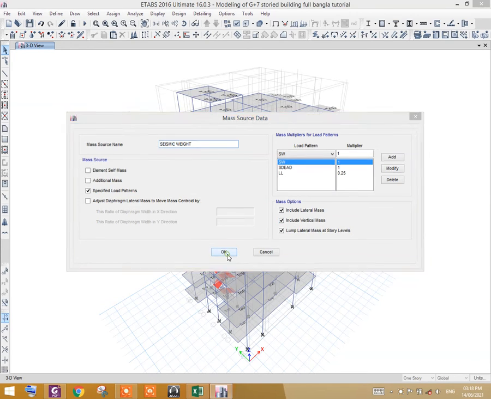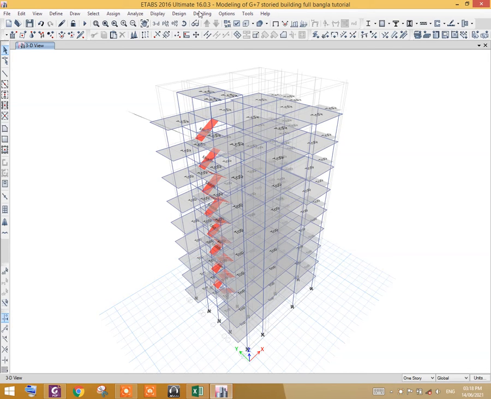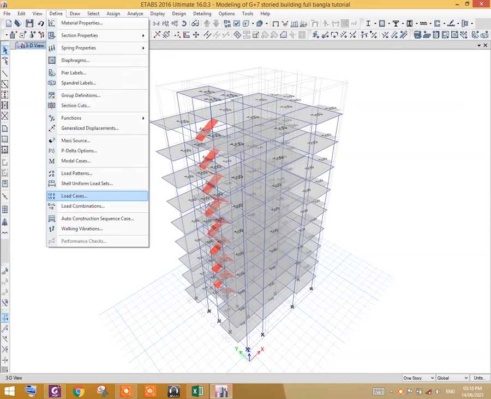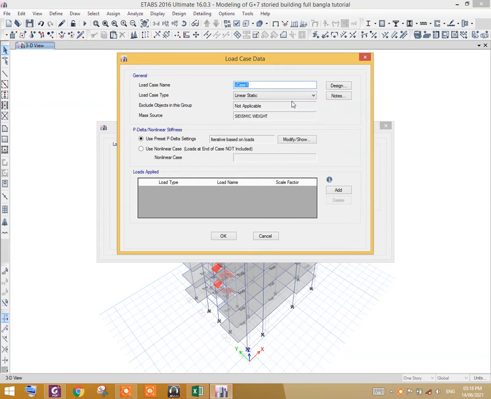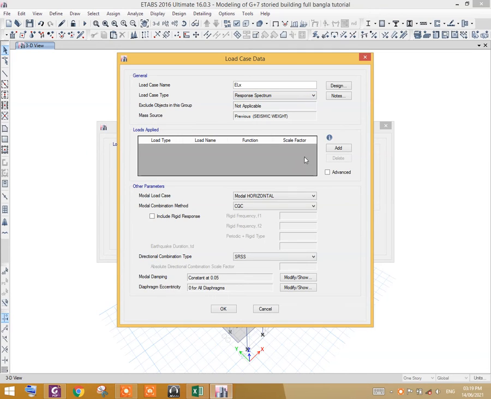Now press OK. Press OK. Now go to define load cases and add new case. Give it name ELX.